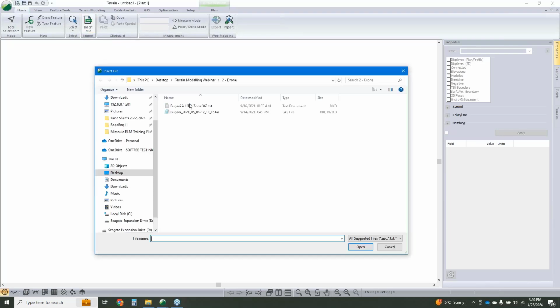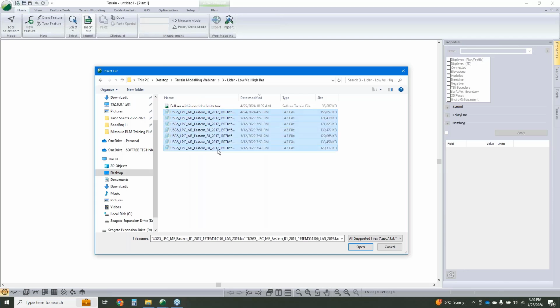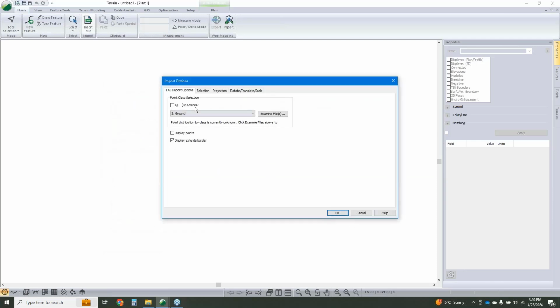So I'm going to click Insert File, and I'm going to bring in my LiDAR tiles. I'm going to hit OK. Now here, these LiDAR tiles are classified, and as we do most of the time, we want to bring in our ground points,